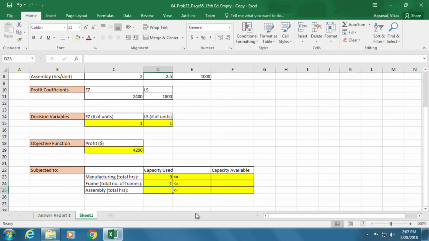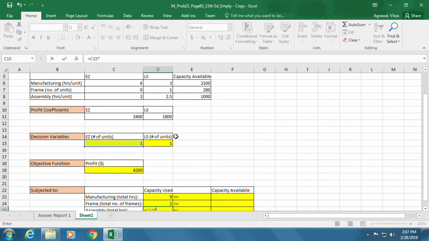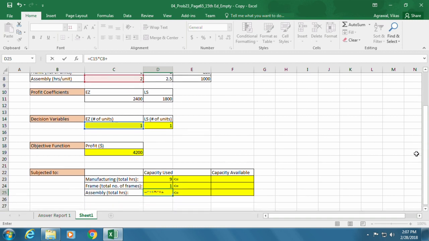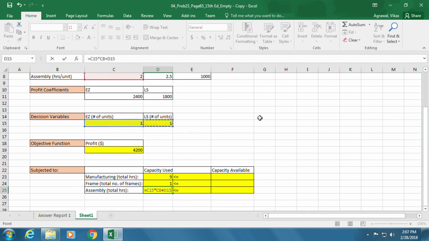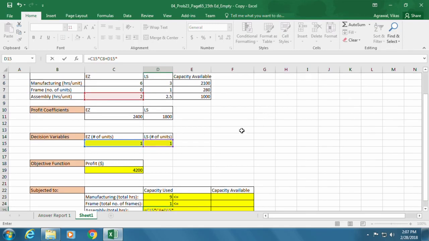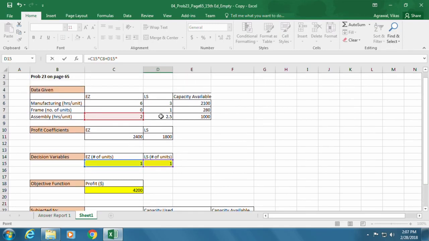Total assembly time needed will be calculated as number of units of Easy model to produce times assembly time needed for each Easy model, plus number of units of LS model to produce times assembly time needed for each LS model.